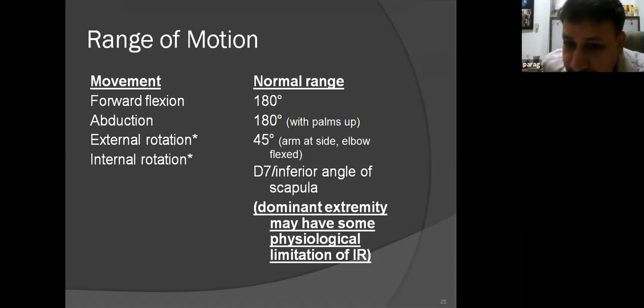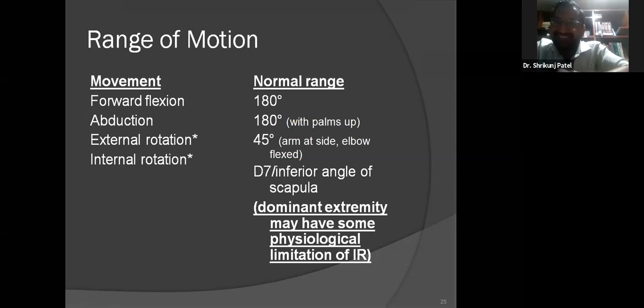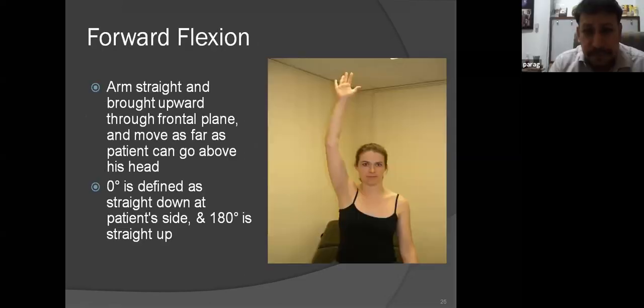Take both your arms at the back, because that is called a physiological restriction because of physiological posterior capsular contractures. So in your dominant extremity, you may have less internal rotation as compared to the opposite side. Okay, have you guys tried it? Yes, sir. We tried. Okay, fine. So that is just the forward elevation.